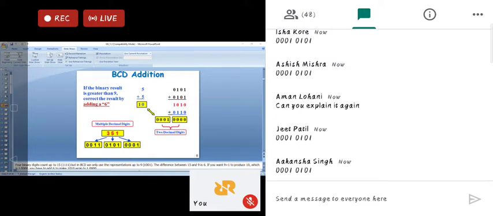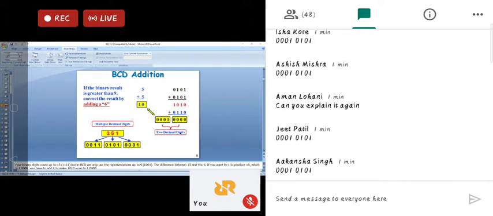So this is really very helpful when a human being is interfacing with the computer, so that it reduces the gap of understanding binary numbers. If the numbers are represented in the form of a BCD number, it is very easy for a human being to understand the addition, the conversion, the answer we got.